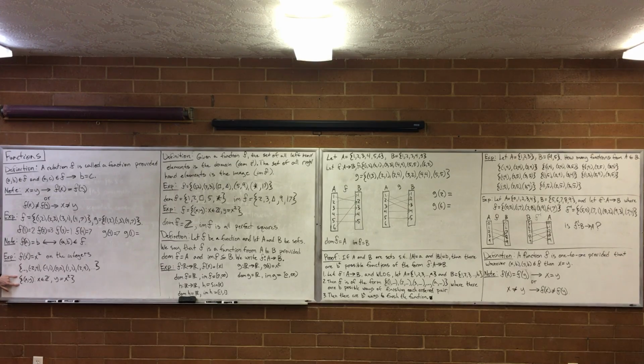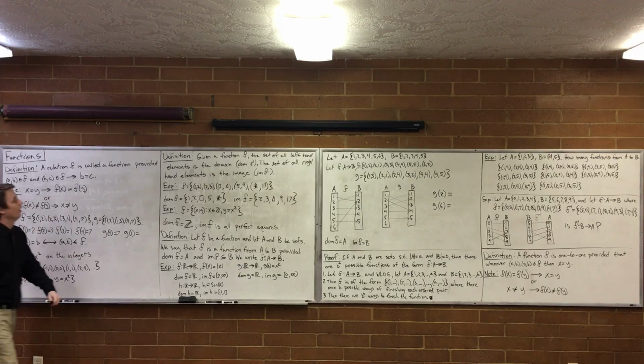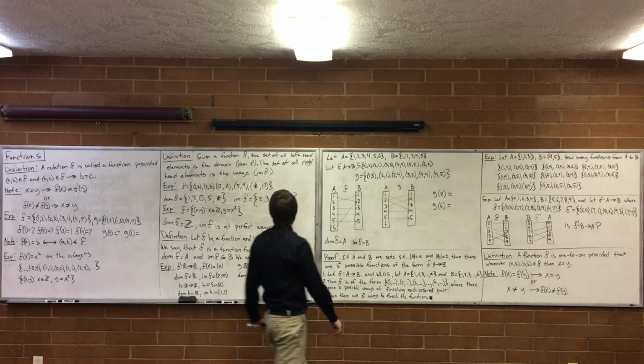Here's another way to write the same function. It's a set of all x, y, where x is an integer and y is x squared. This, and this are all writing the same function. So this is just a shorthand that you've come across and it's real convenient to use. But understand what this represents. It represents an infinite set of ordered pairs. Does that make sense? Wonderful.